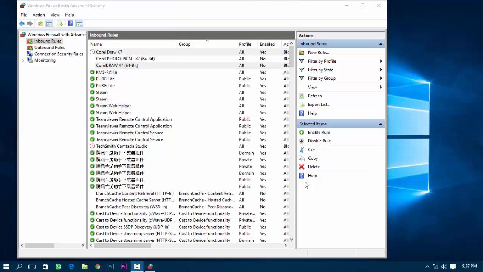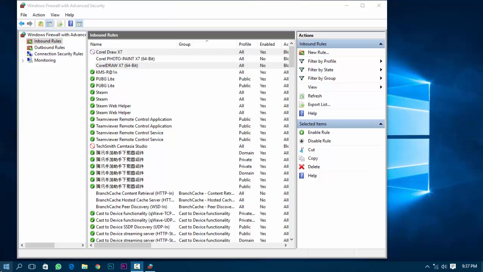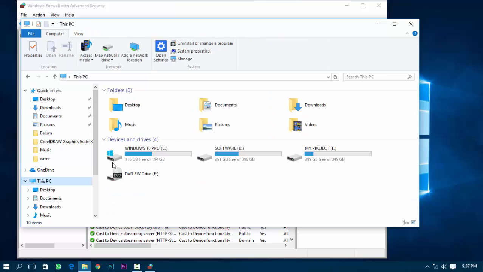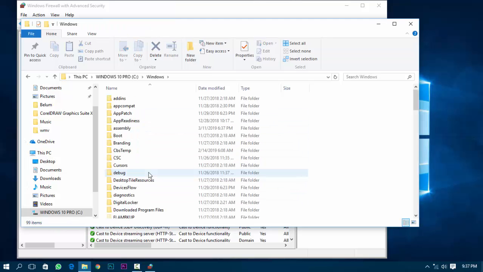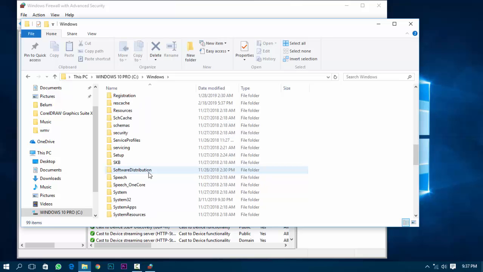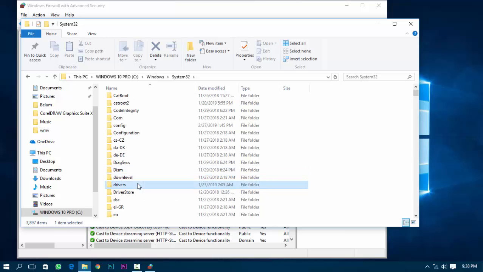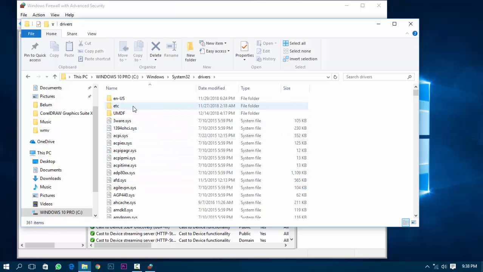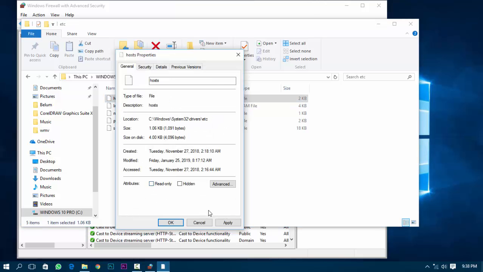Okay, next step, block the Windows hosts file. The second step is easier than the first step. Open Windows Explorer by going to This PC, then C, Windows, System32, Drivers, then etc and hosts. Right click on hosts and go to properties like this, untick read only and then